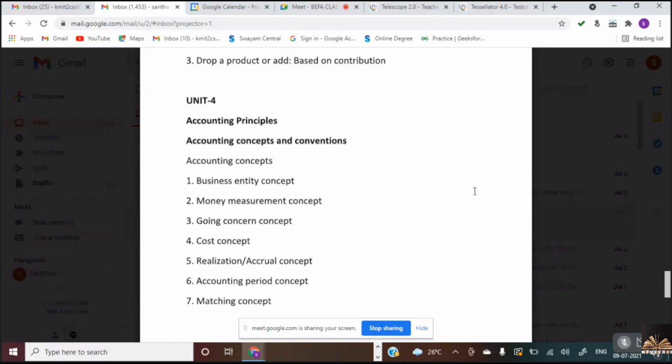Any doubts, you can stop me and ask, because it's one of the important theory questions. If you are not able to do the problems, you can go for this. Is it clear, Nana? You have 8 questions of which you need to write 5. The first 3 units are damn sure which you can write. You are perfect in the first 3 units. The 4th and 5th units are also scoring, but you should put your brains in, be regular and work a bit hard, where you can learn what accounts is as a lifetime experience for you, as well as from the exam point of view. Is it clear, Nana, all of you?